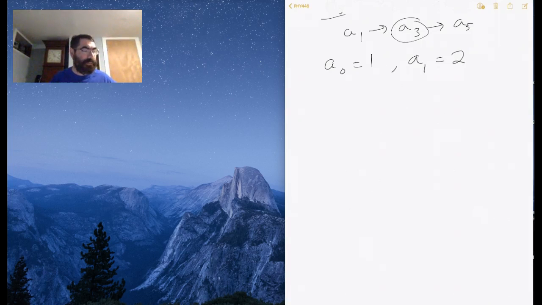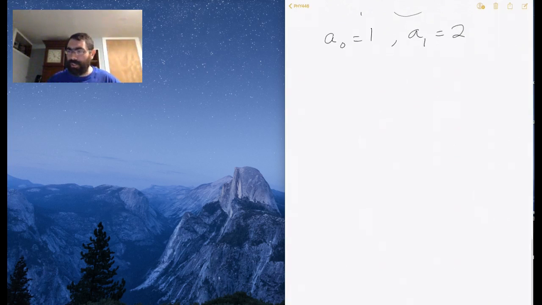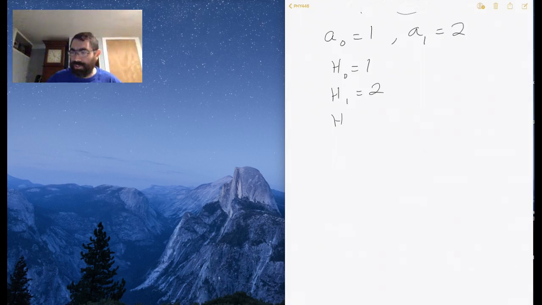Now when you do that, what you get is h0 is equal to 1, h1 is equal to 2, h2 now is going to be 4y squared minus 2, h3 is going to be 8y to the third power minus 12y,